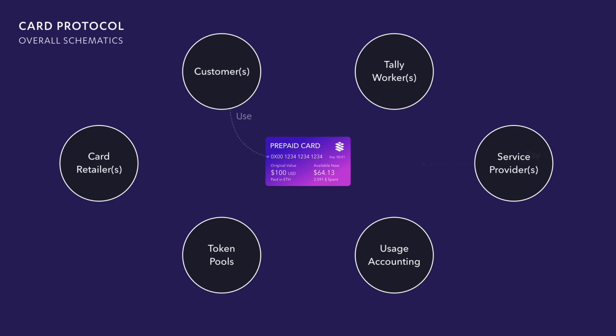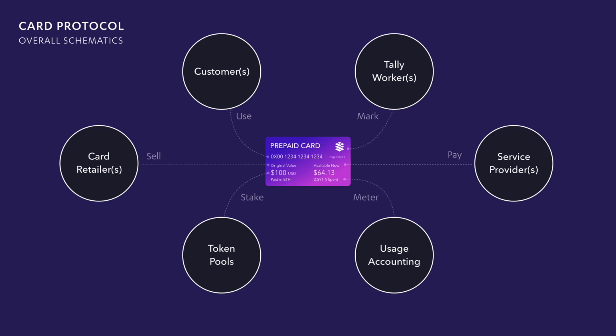The customer uses the prepaid card to pay the service provider. So that's the first relationship. And to do that, the customer is basically either directly or indirectly staking, or depositing, a certain amount of value or assets into the token pool, which is based on smart contracts. And if the customers do not have cryptocurrency, which 99.99% of humanity does not possess, directly or even indirectly through exchanges and stuff like that, any type of token, we want to leverage the existing retail network, could be e-commerce, could be in person, to sell these prepaid cards. And then if you give a prepaid card, the staking will have been done by the retailer.